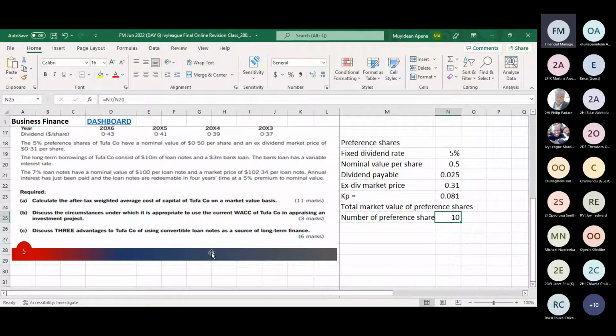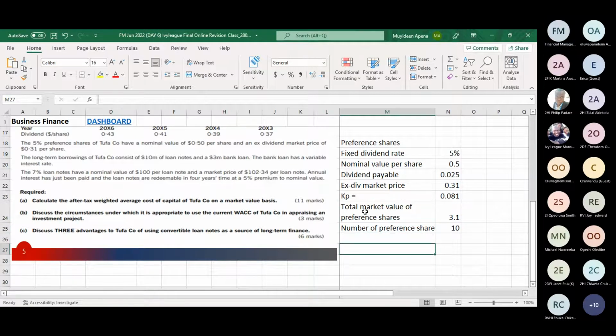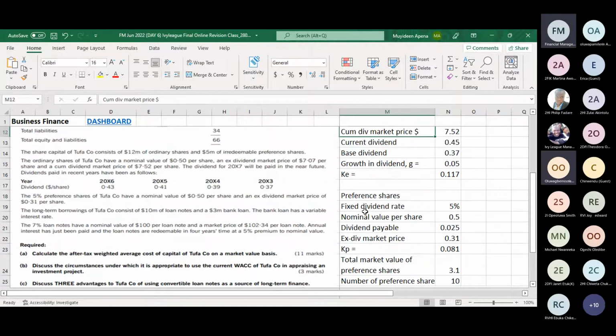So we have 10 million preference shares. And then we can get total market value of preference shares by multiplying 10 million by 31. Okay. So we've gotten cost, we've gotten market value. The other source of finance